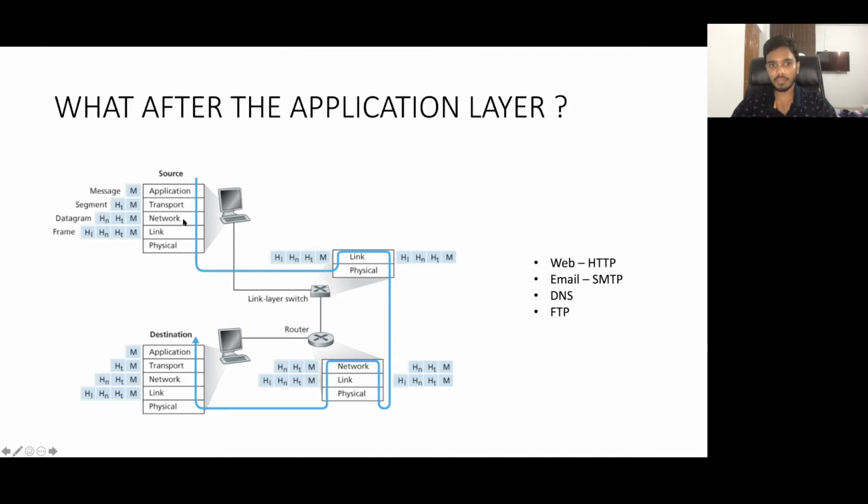But the network layer is of course there on source and destination, and it is also there on routers. We have only one router here, but you can see that on the router, the network layer, link layer, and physical layer, all three are there. Why is the network layer on the router? If you remember the network layer, in the datagram the header, that is HN, consists of the source and destination IP addresses. And the router typically helps in forwarding the data through multiple routers until it reaches the end destination. Routers need the information that is in this HN. That's why there is a network layer in the router also.